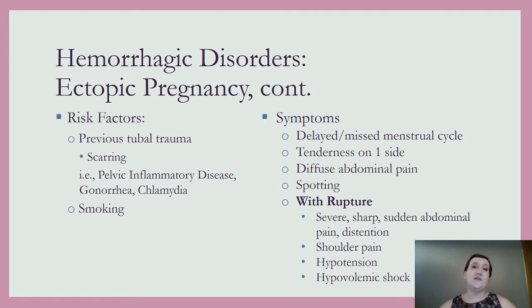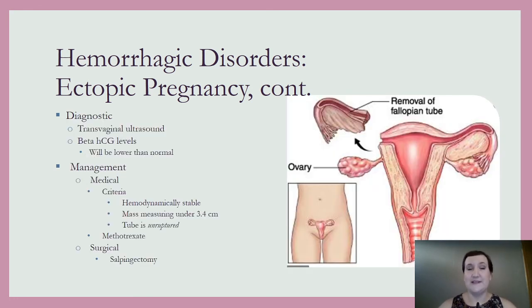Essentially, you have to recognize that they are hemorrhaging internally. You can have shoulder pain. This is referred pain due to the diaphragmatic irritation from the peritoneal hemorrhage. You have a positive Cullen sign, which is that bruising around the umbilicus, which is indicative of an abdominal hemorrhage. And then hypotension, again, and hypovolemic shock, again, because we had the blood pooling into the abdominal cavity instead of